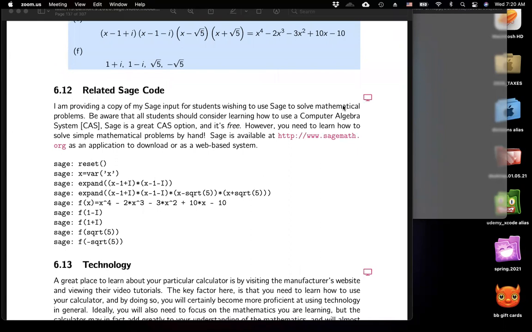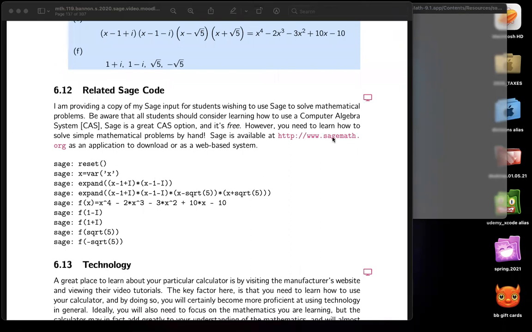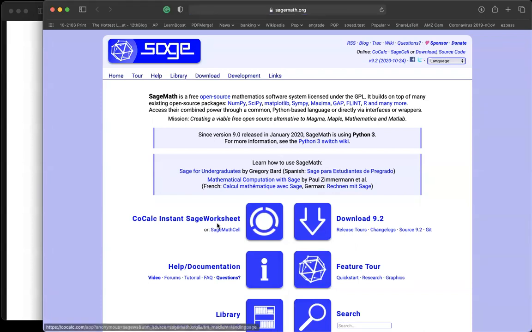So here's the deal. You can go to this website over here, and you can use the interactive CoCalc worksheet if you like. I don't mind you doing that. It's a low bar. For those students that want to install the software, it's much more difficult. I do know from experience, and I've been dealing with students for a long time, that a lot of them can't install the software. They're not at that level yet, and that's going to take time. But I want to point out, you want to put that effort in. And I do post a video online on my website that would go through the installation process for you. But the bottom line is you can just simply launch this,